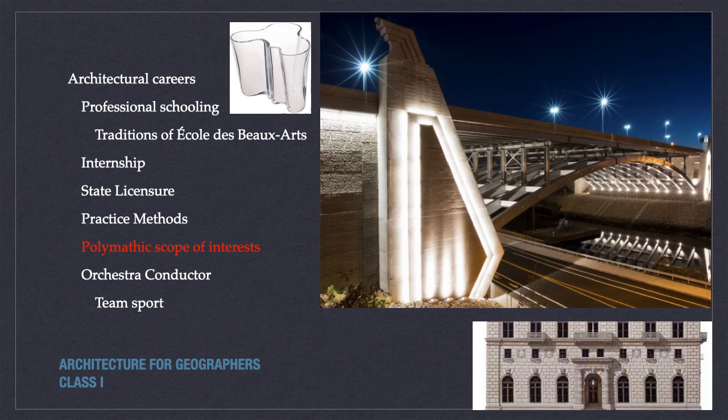The examples I'm showing here are the very famous Alvar Aalto Savoy vase that he designed for a restaurant he was designing. In the center is an example of a couple of bridges one of my partners designed. This one's on I-95 in Rhode Island. The bridge won the design award from the Society of Bridge Engineers the year that it was designed, and they noted that they wished more architects would be designing bridges.